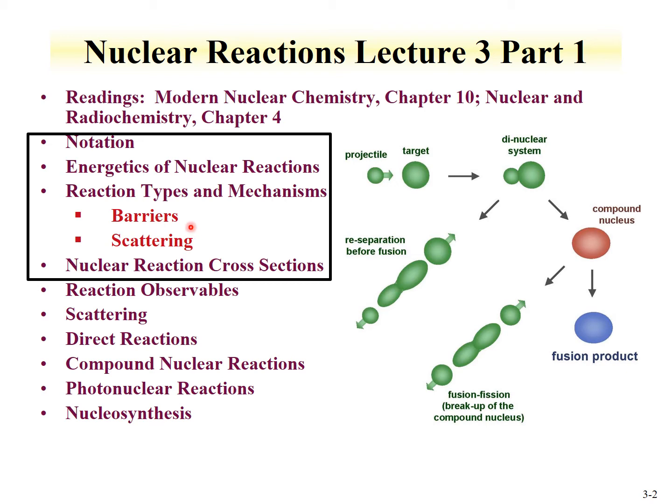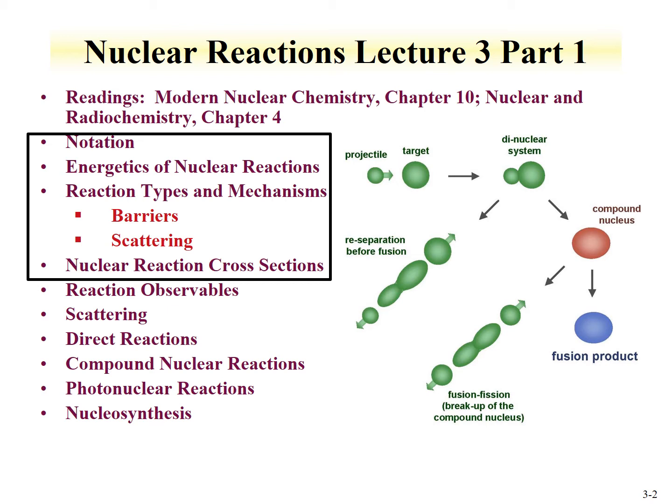With neutrons, we've already discussed thermal neutrons, so neutrons with very low energy do not have any barrier to penetrate because they're neutral. This barrier also sets up reactions where scattering occurs for charged particles, and we'll also discuss that as a nuclear reaction. As you can imagine, a charged particle coming in, encountering a nucleus, before it even hits the nuclear matter, it'll see the nuclear charge, and that can have a reaction that impacts the particle that's interacting